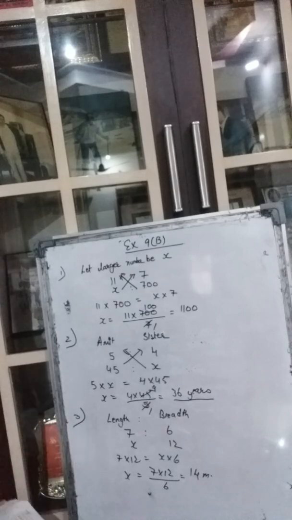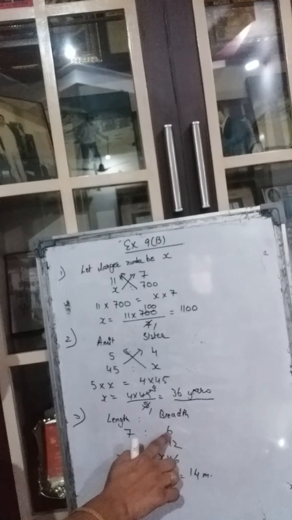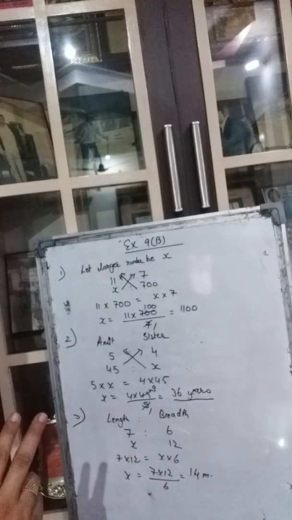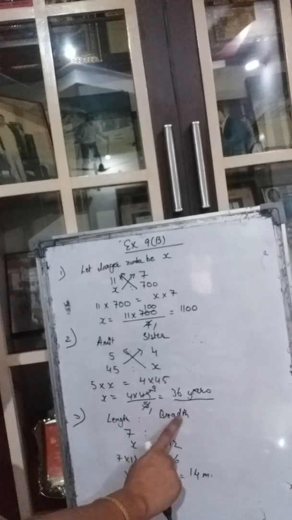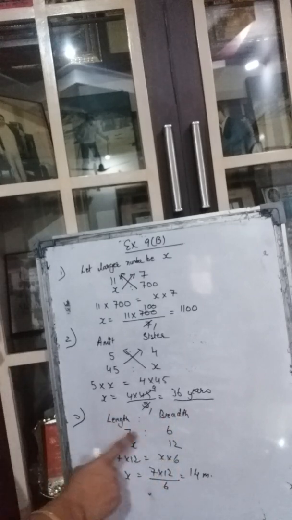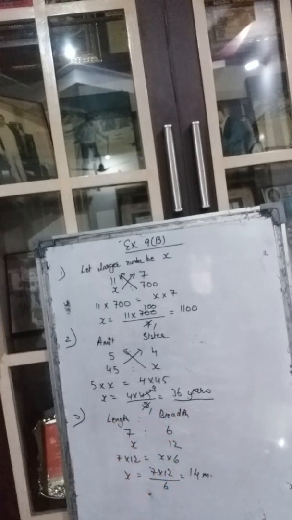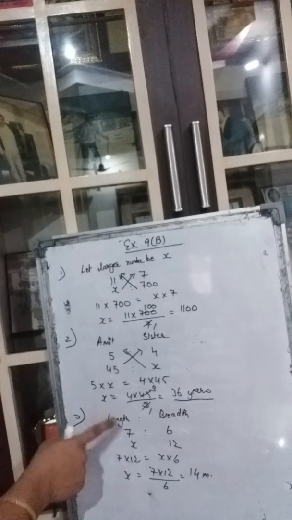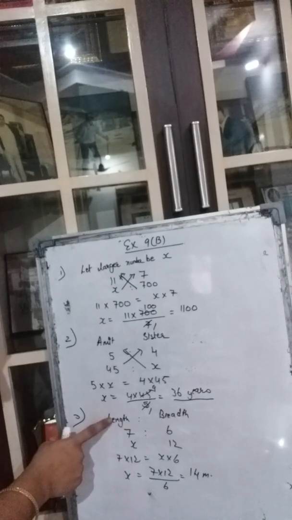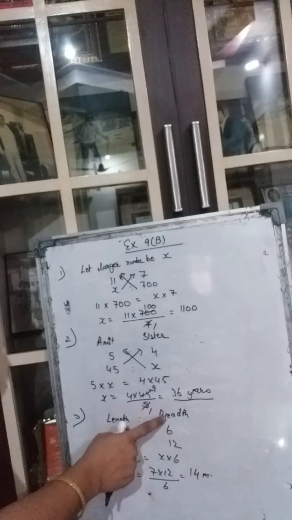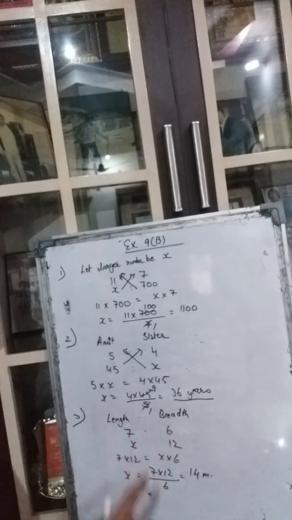They say that the length and the breadth of a room are in ratio 7:6. So what are the two headings that will be formed? Length and breadth. Right? Length, ratio, breadth. What is the ratio? 7:6. So first, 7 is the ratio of the length, and 6 is the ratio of the breadth. You will write like this.